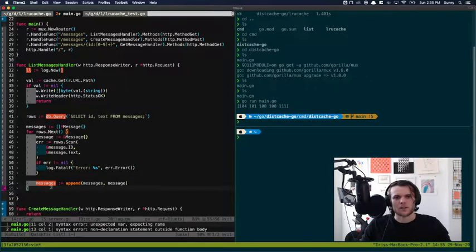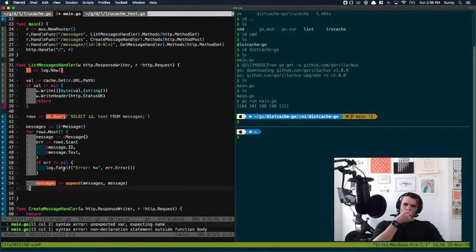All right. So basically, we're going to create a database query. If the database comes back with rows, we're going to scan the rows, create a message, and for each message, append it to our array of messages. That makes sense. And then what we're going to do is